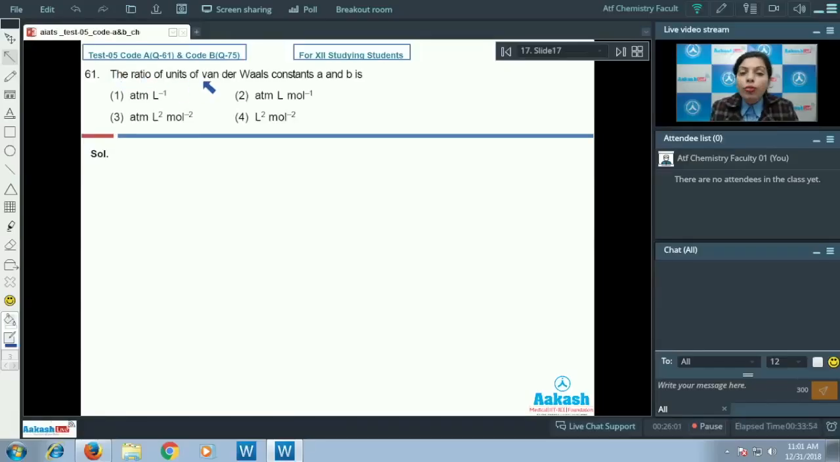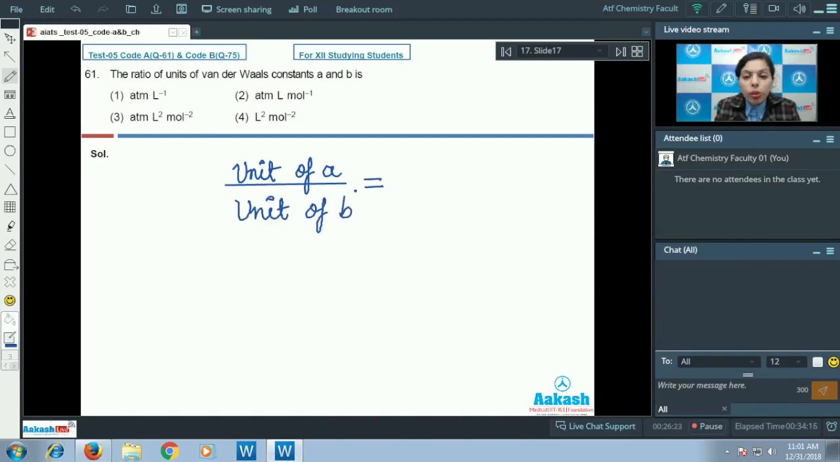61. The ratio of units of van der Waals constants A and B is. In the van der Waals equation, we have van der Waals constants A and B, and we need to find out the ratio of the unit of A to the unit of B, and that would be equal to the unit of A is